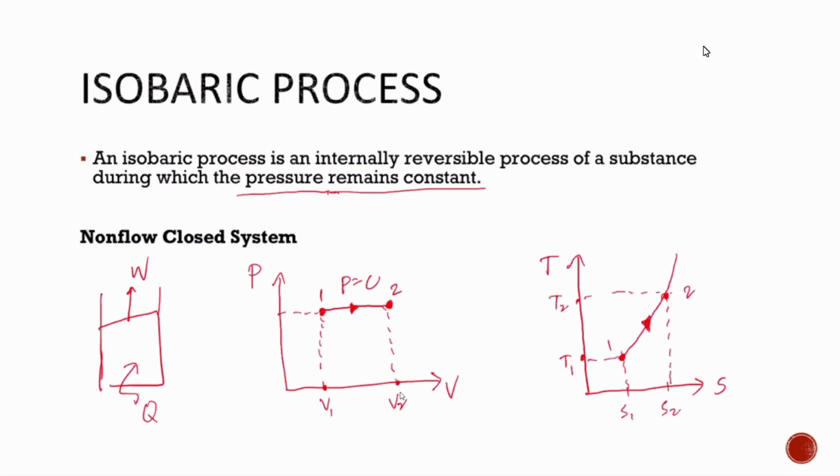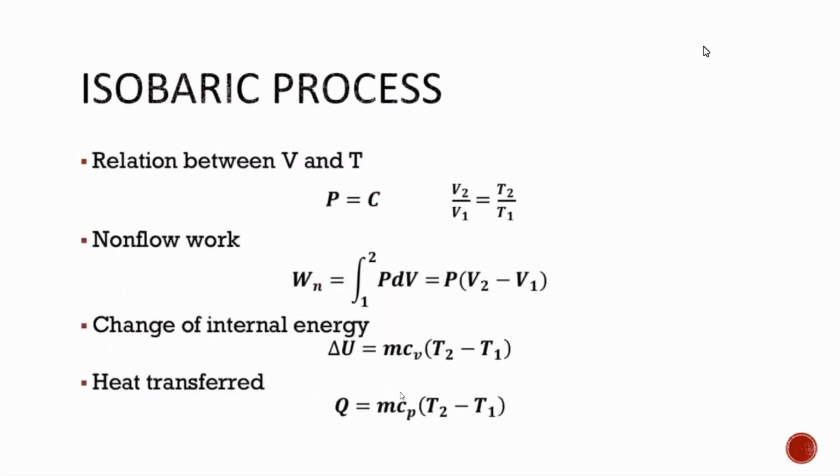Okay, let us have the state relations or the different equations involved in isobaric process. Okay, the relationship between the volume and the temperature. Sabi natin kanina, the pressure is constant. So ito naman ang relationship niya. So tatandaan. So halos kamukha lang din nung kanina, instead lang of pressure, si volume naka-equate na kay temperature. So ganun din, directly proportional, V2, T2, V1, T1. So pag tumaas si V2, ibig sabihin si T2 is also increasing, okay?